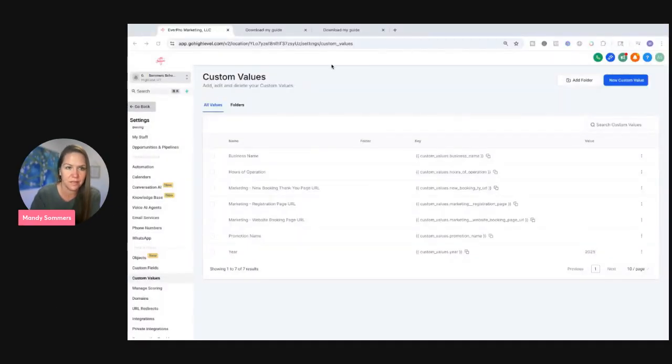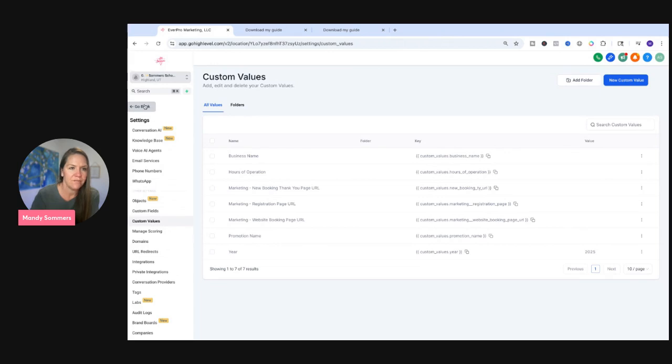So you upload your logo into the media file, you grab that link, and you come into the custom values, you create a logo custom value, and then anytime you update your logo, all you have to do is go into that custom field. So let me show you how I would do this. We're going to go back and share screen once again, just so you can see the different ways that we can do this. So the first thing you want to do is